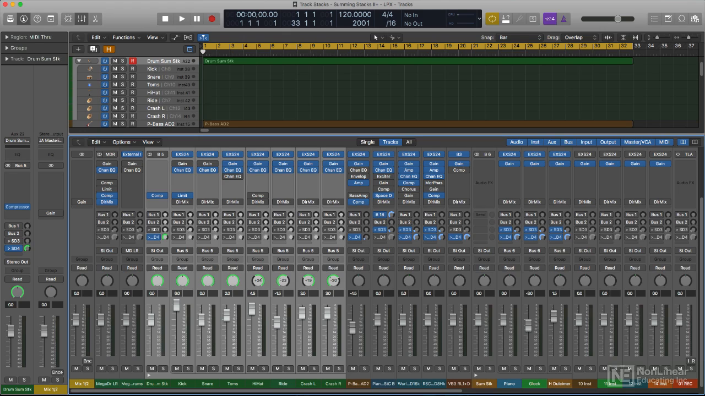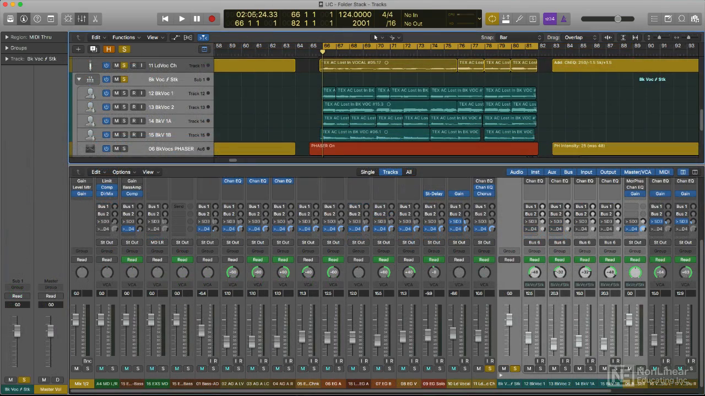Let's take a look at a few applications of track stacks. Once again, I'll start with folder stacks, since they're a bit simpler than summing stacks. As I said last time, a folder stack is an organizational tool. It's a container for a group of subtracks, offering a convenient way to control them as a unit, usually for